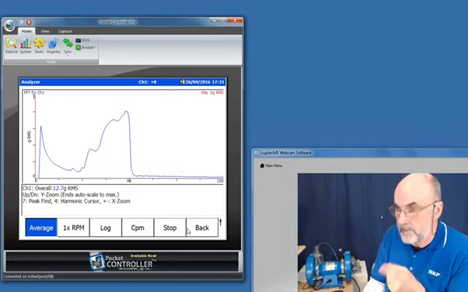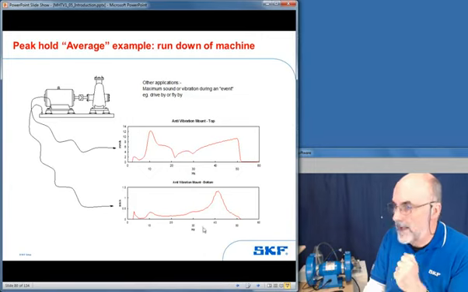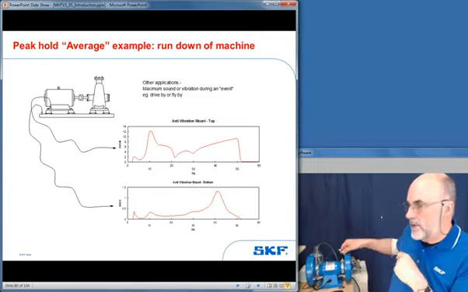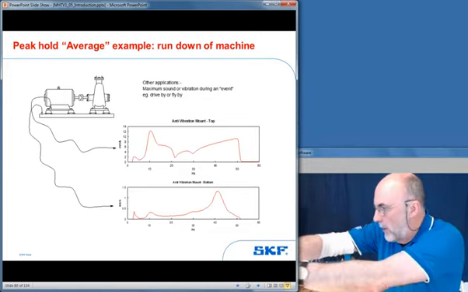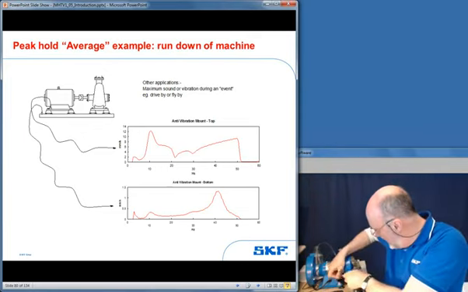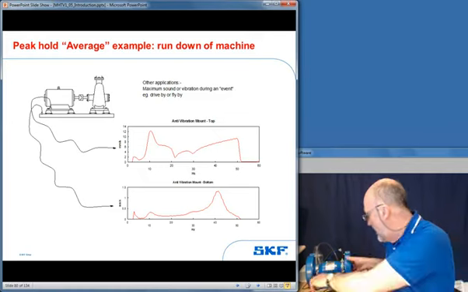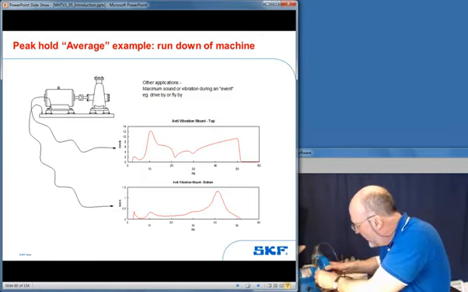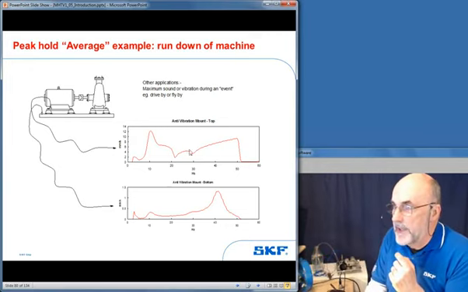So you can see the levels going down in true cookery program style. Here's one I prepared earlier. This is real data, and what I've done here is taken the trouble. I fitted an accelerometer to my machine. I fitted an accelerometer to my desk. So I've got two, above and below the mount. It's got rubber feet on it. So now I can do my rundown test and see where the critical speeds are.